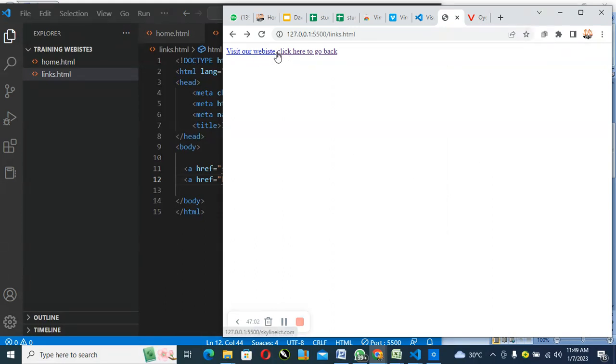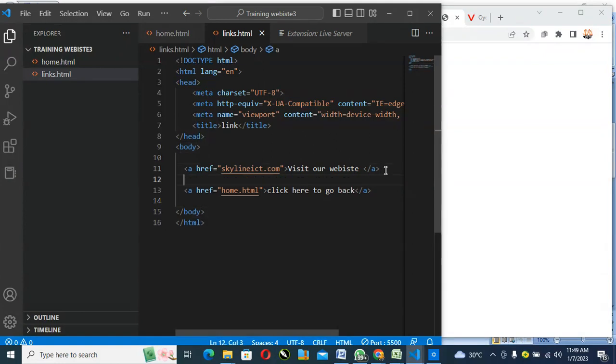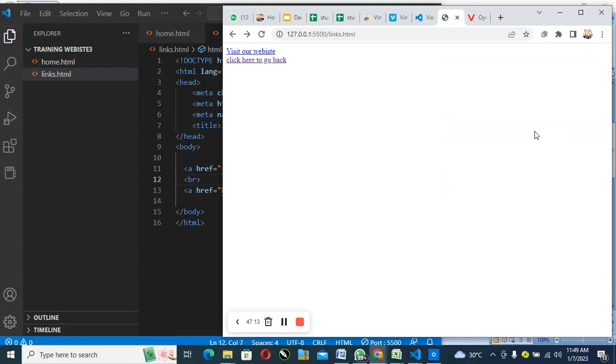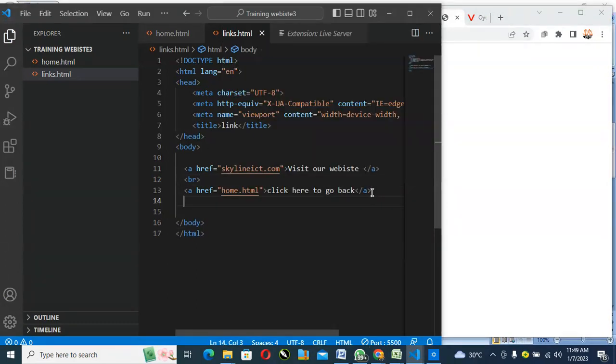If you notice, there should be a break. We need to break this thing, split it to have a new line. What we need to do is come here and add our br break. So here we can also add more anchor links: about us, about us, then contact us,